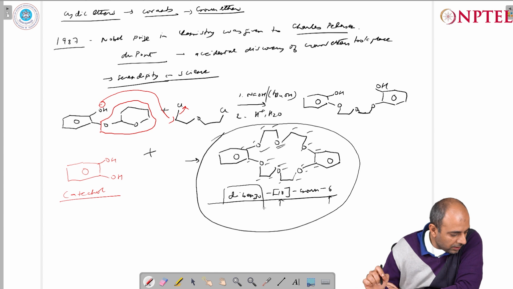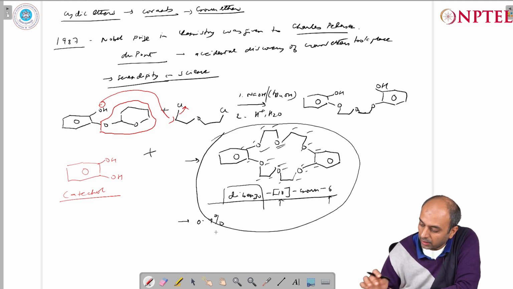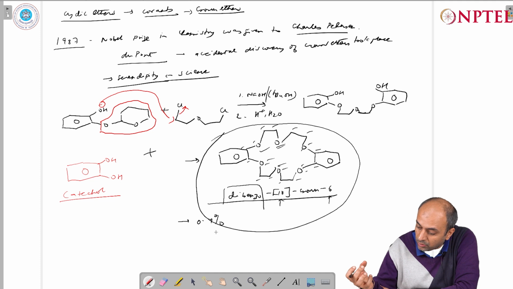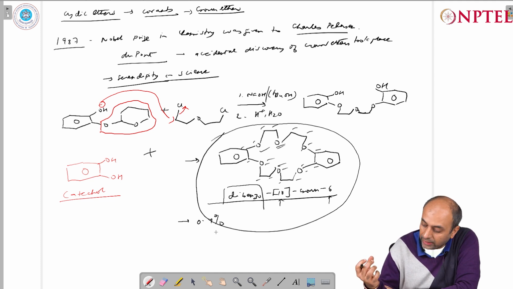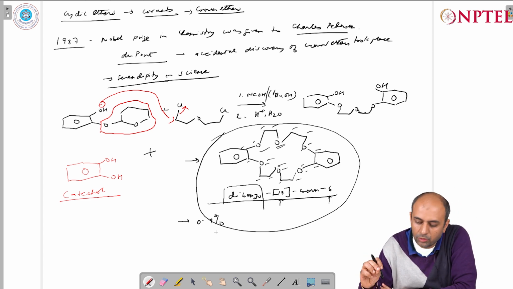And this particular compound was obtained during the course of the synthesis by only 0.4%. So even less than 1% of the product was the dibenzo 18 crown 6. And Pedersen had remarkable synthetic skills, so he was able to isolate this dibenzo 18 crown 6 and then look at its properties. So this is how the serendipitous discovery of this class of molecules called crown ethers was done